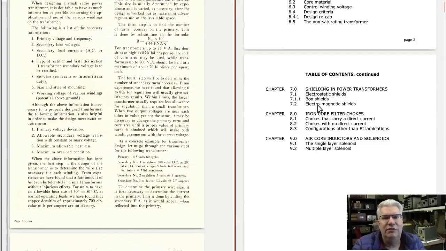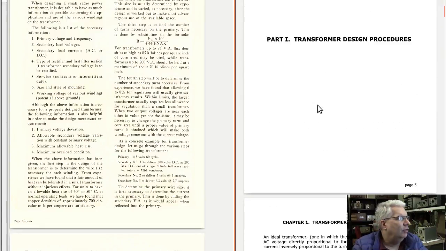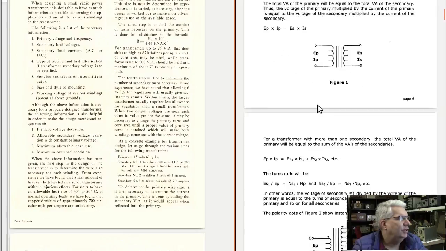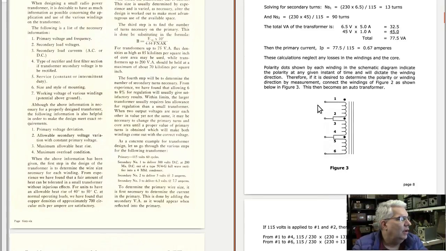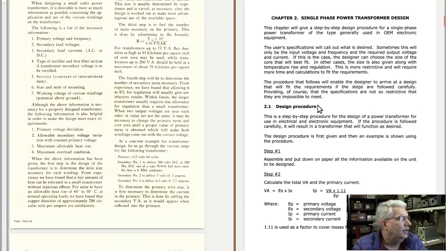It's very easy to read. It's very understandable exactly what he's doing. He's got a 12-step or 13-step procedure, where the design procedure starts in chapter 2. He first talks about looking at an ideal perspective, just looking purely at turns ratio and voltage and current ratios that occur in a transformer. But in actuality,